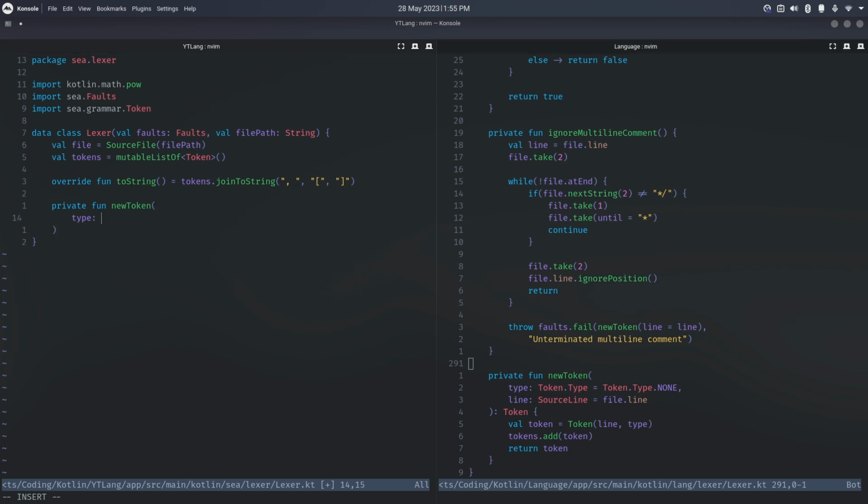So when we make our new token, it will take in a type. By default, this should just be the none type, which is kind of the purpose. We just don't care about the type. Usually that will be when we have an error or something. And we want it to pass in a source line, which by default should be the current line of the file. But sometimes we're going to want to pass in a separate line,